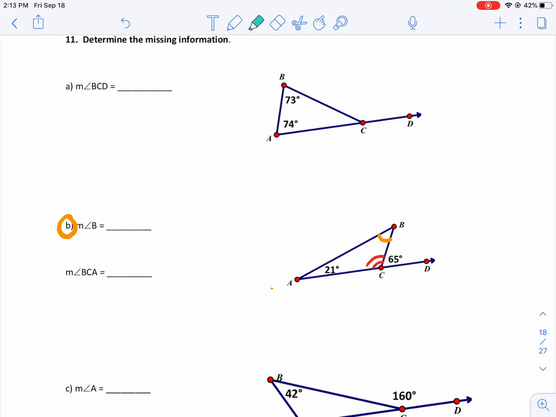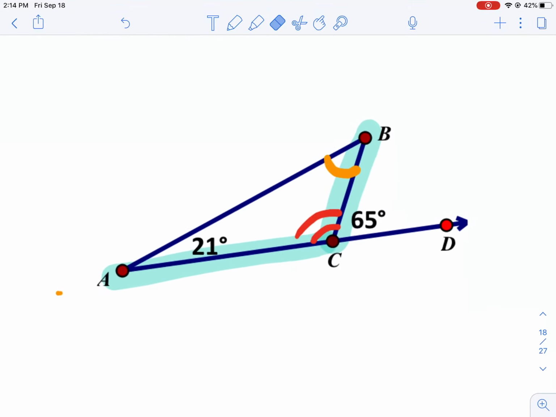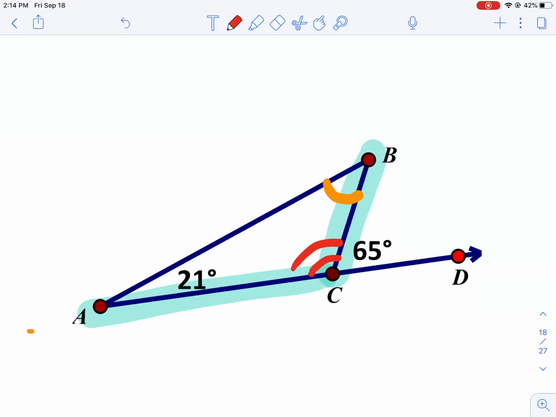Here's B. Let me make sure you guys know it. B to C to A. See how I'm going this way? So I'm actually going to start with this first because I think that might be a little easier for us to find. So if I'm trying to find B to C to A, well, if I know that this angle here is 65, I can do my trick